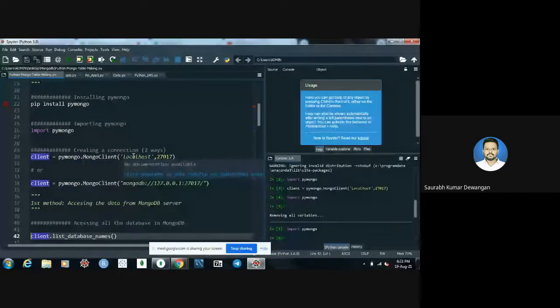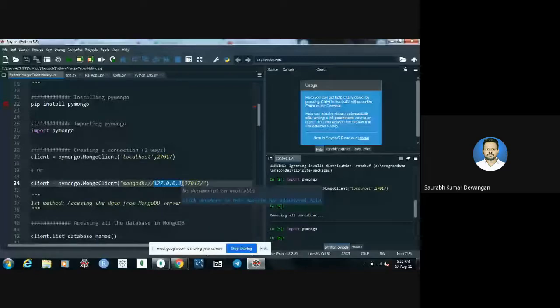First is our localhost or server ID, and second is the port number, which you can see here, 27017. There are two commands you can see here in lines 30 and 34. Both are the same. We can use any one. And you might be wondering how to get this server ID 127.0.0.1 and this port.